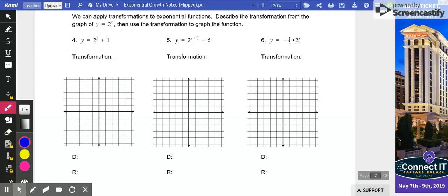We're going to use what we know about transformations to shift all these exponential graphs. So our parent function in this case is y equals 2 to the x, and that was the first one we graphed on the front side of your paper. And then we're going to transform these things. So up, down, left, right, stretch them, make them thinner, all of that stuff. These transformations happen